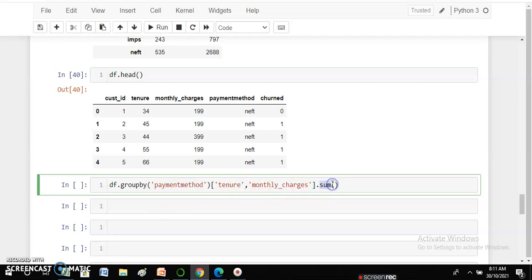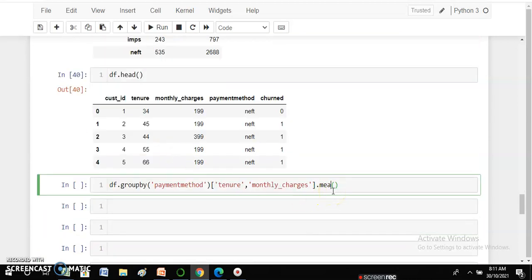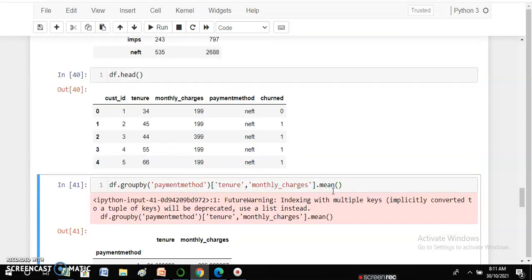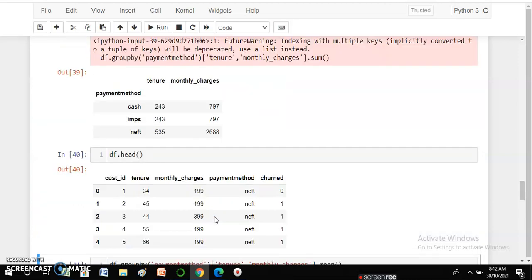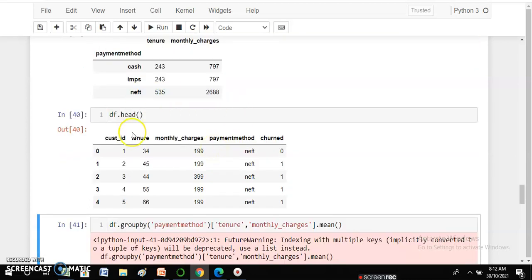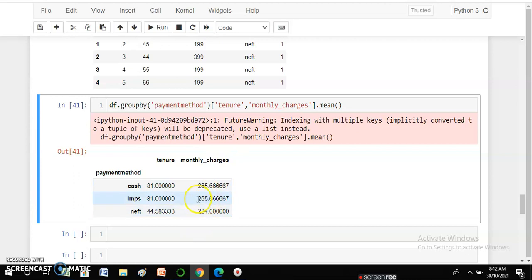Now suppose I don't want the sum. I have seen the sum total over here. I want the mean now. So what will I do? I will change the function. So you can see over here I'm getting the mean for cash, IMPS and NEFT. These are the mean values, and this was the sum total. You can see the mean is a different value. So this is one thing that we have understood.